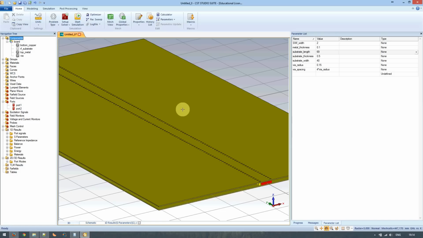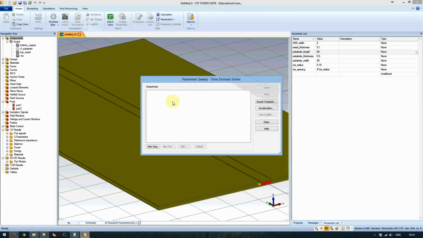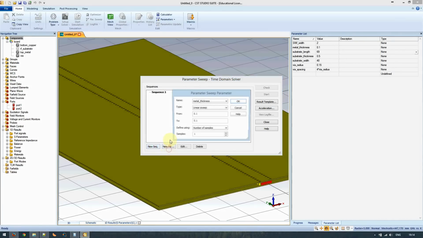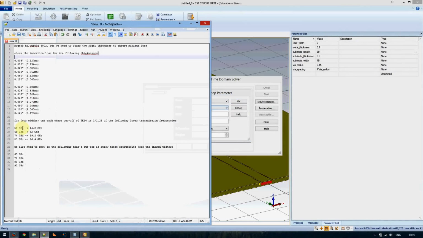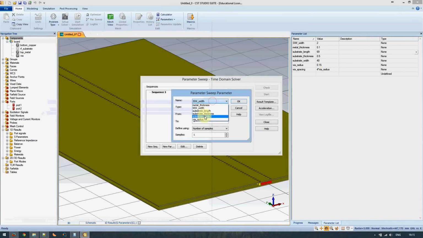Okay, so the next thing that you will likely want to do is a parametric sweep, if you want to run the same simulation over a number of different parameters. New sequence, new parameter. Say you want to sweep SIW width: linear sweep, or logarithmic sweep, or arbitrary points. If you have specific points that you would like to use, for example these board heights, the substrate thickness, arbitrary points,